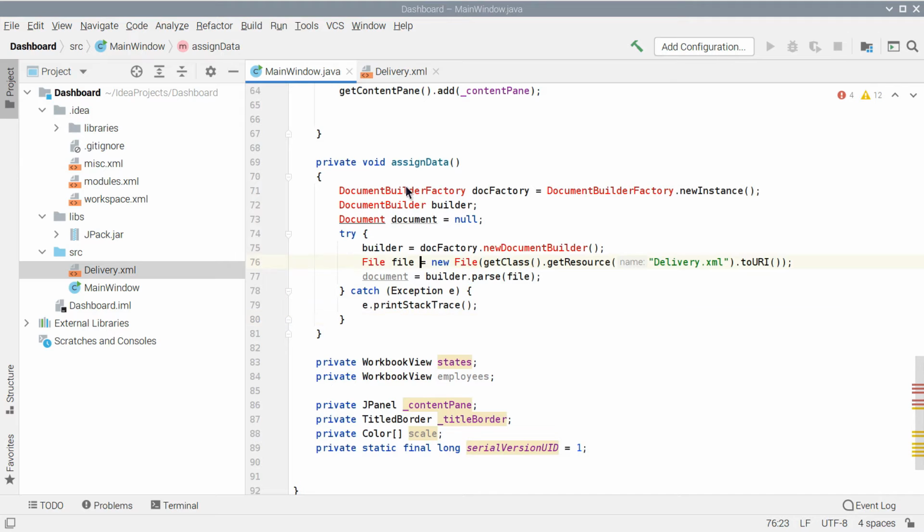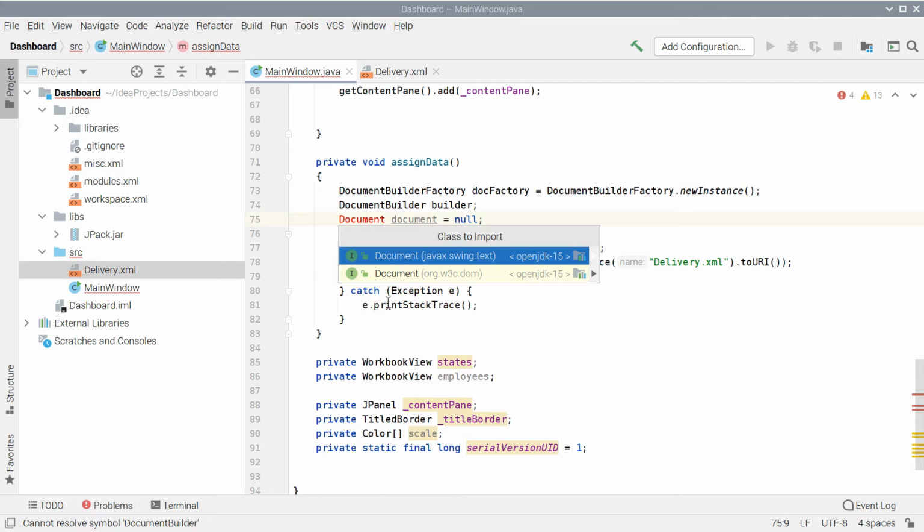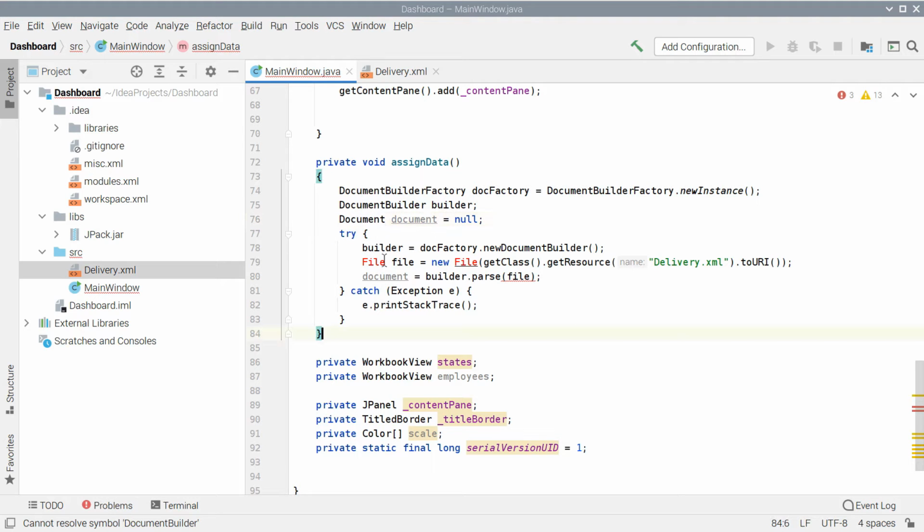We do this with the classes from the javax XML parser package, DocumentBuilderFactory and DocumentBuilder. We also use the Document class from the org.w3c.dom package. We create a new Java IO File instance where we try to load the delivery XML file.